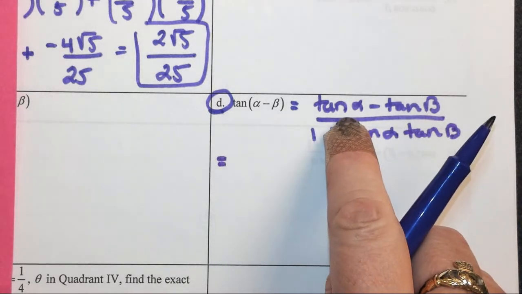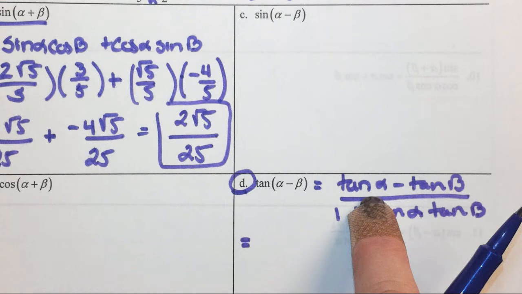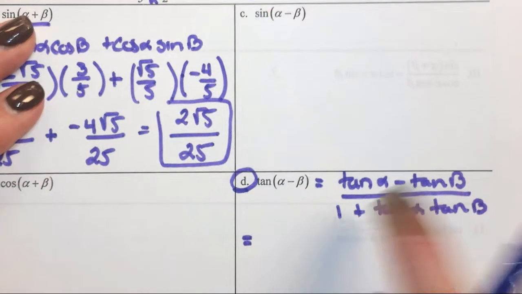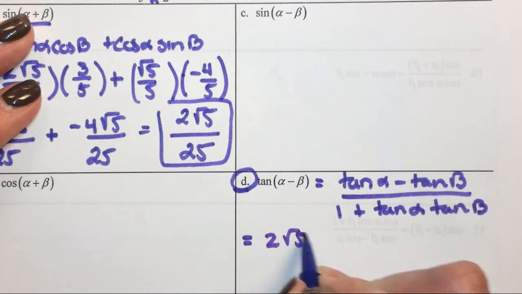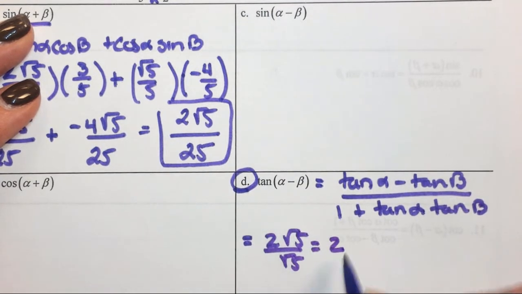So now, tangent alpha, go to your alpha triangle. By your SOHCAHTOA, tangent's equal to what? Opposite over adjacent. So tangent of alpha is going to be 2 square root 5 over square root 5. What's that going to simplify to? 2. So I have 2 minus